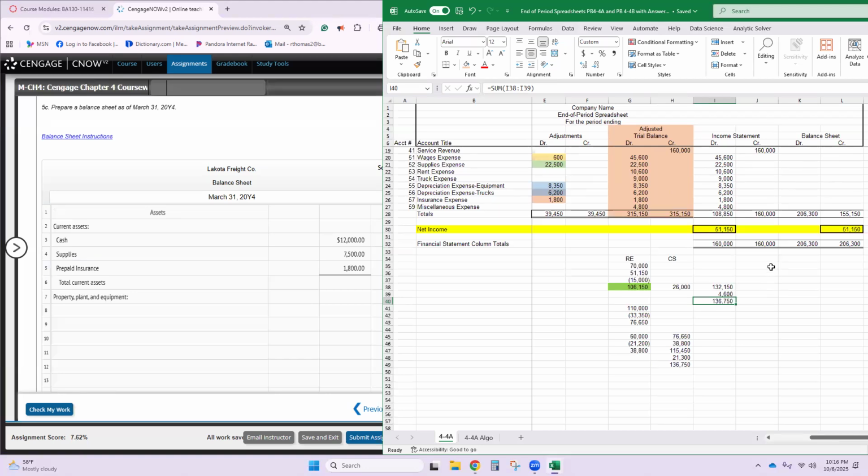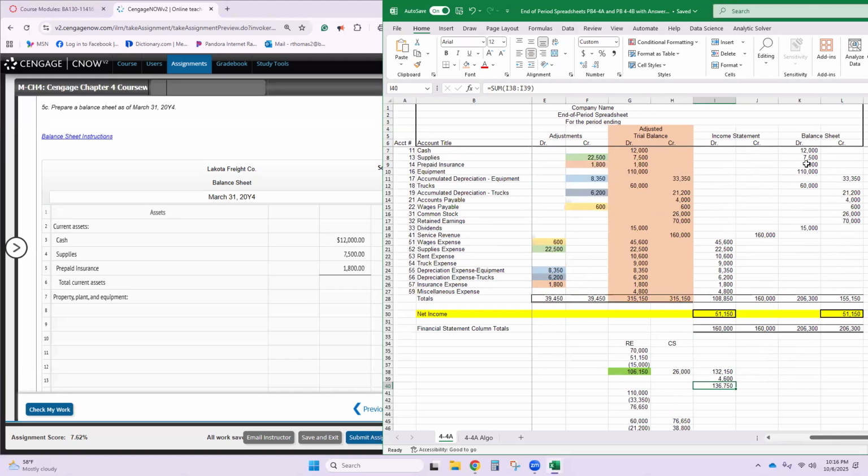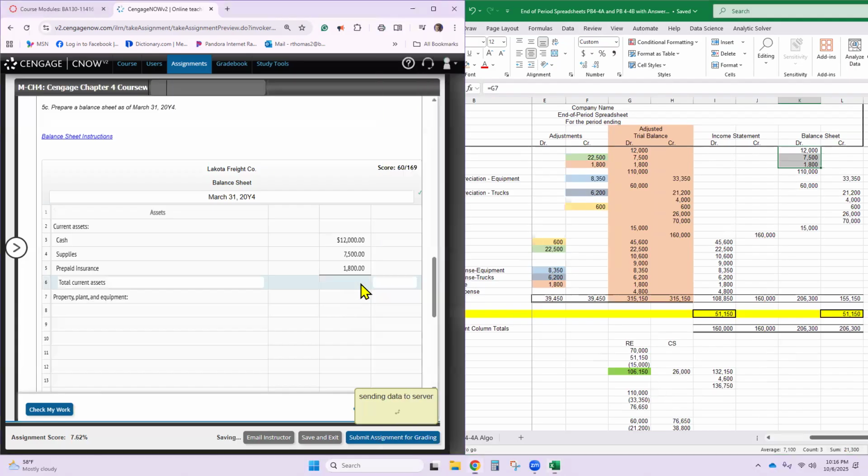Okay, so what we can do is just scroll down right here and hover. That's $21,300. So if you just highlight the cells, you can get the sum down here, 21,300. That's pretty slick.